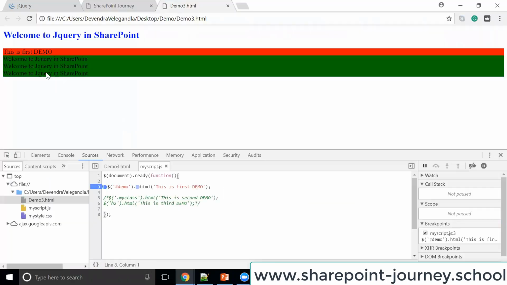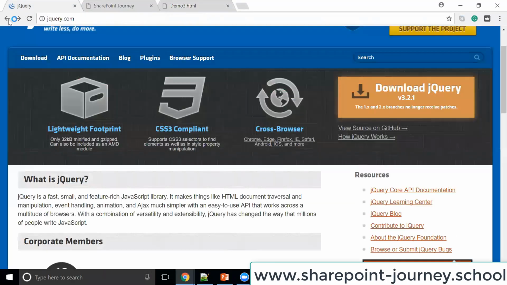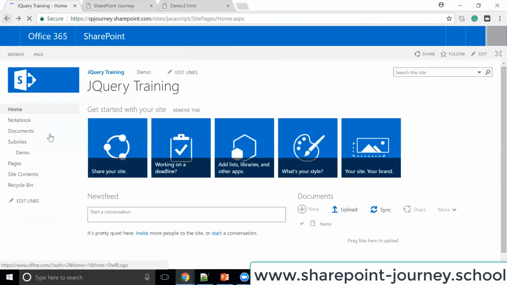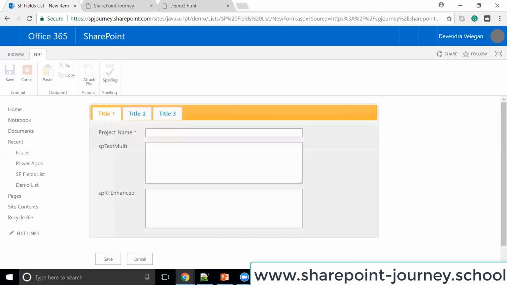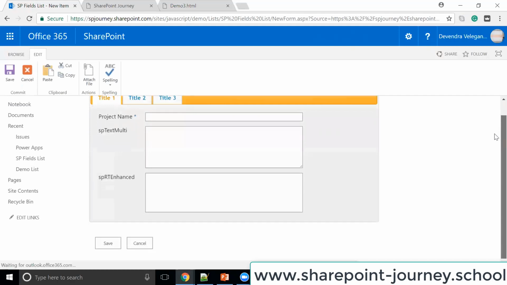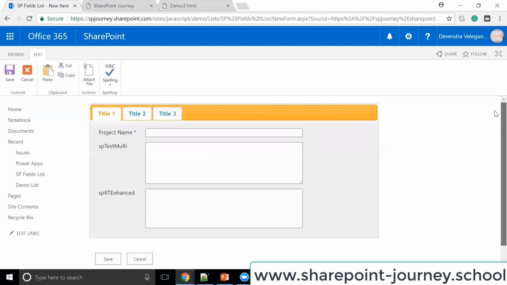I have a SharePoint site here. I'm going to go to the demo site. I'll open the list that I have. So this is the list that I have with all the fields. I'm going to click on new item. I have implemented the tabs here, but let's look at the fields. And if I remove the tabs,